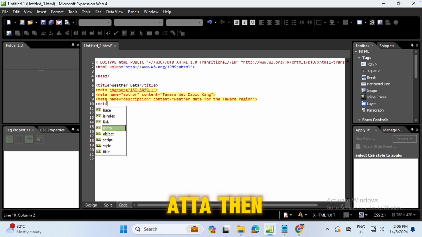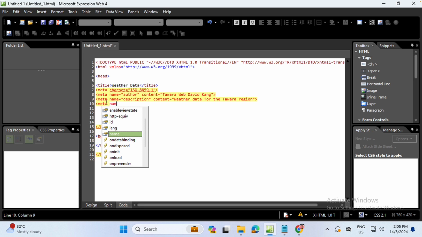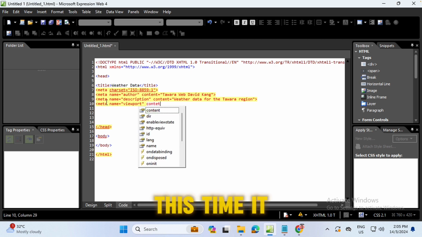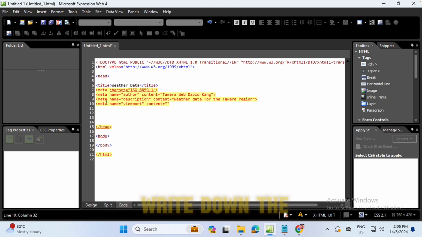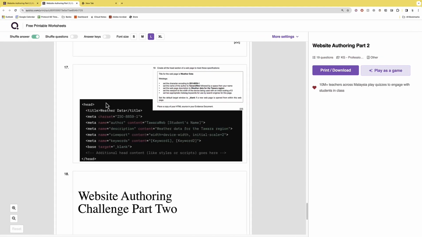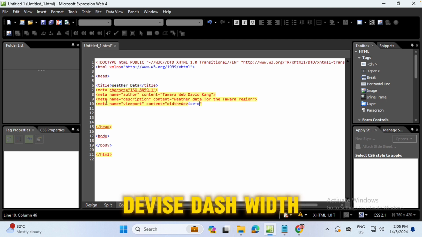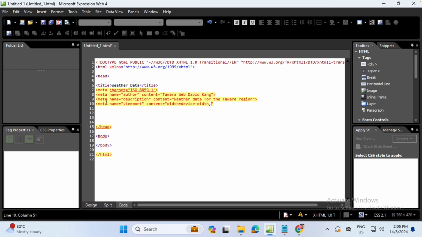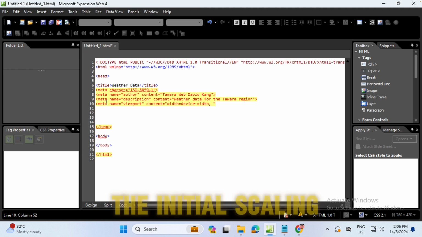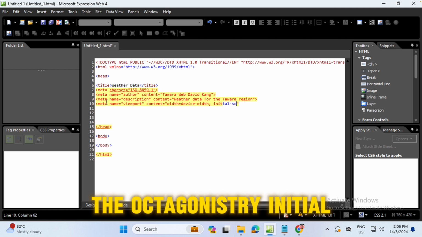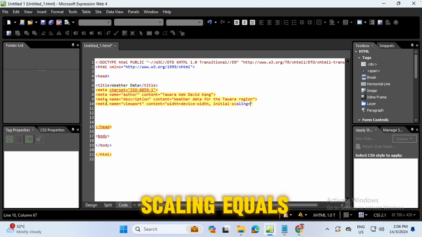Just type in meta name equals viewport, space. This time it can be a little tricky, but just do the same. Ensure that you write down the width equals device dash width, comma, and then the initial scaling, you type this way. Initial scale equals,